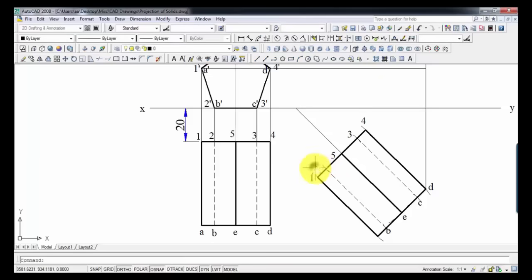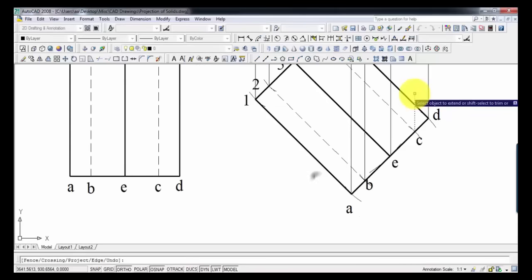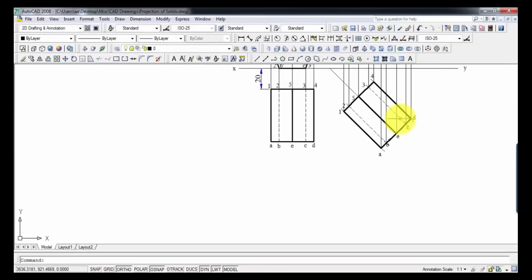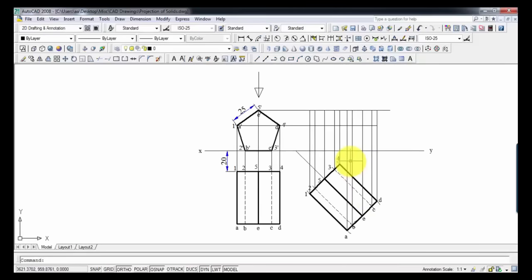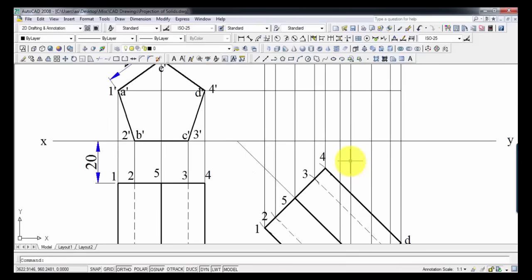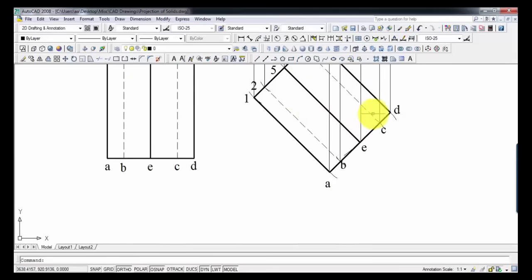Okay, so let's start by drawing these vertical lines. That's it, guys. Now our task is almost done. The next thing to do is to locate 5 points at the front and 5 points at the back. Now one thing is for sure, that this pentagon over here, when you look at this object from here,